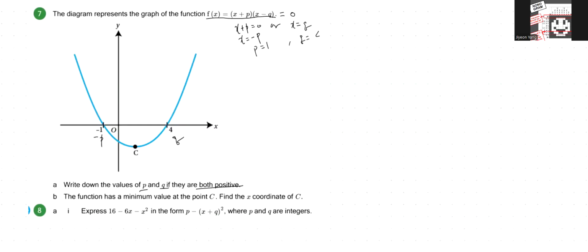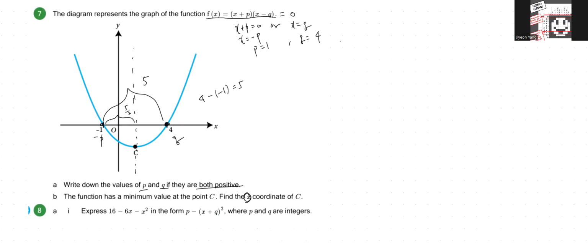The function has a minimum value at the point C, so we should find the x-coordinate. Just the x-coordinate is enough. Then it's very easy because the minimum point, which is the vertex, is in the middle of the x-intercepts. Since the difference of these two is 5, you can divide it. 5 means 4 minus 1, right? Divided by 2, which makes this distance 5 over 2